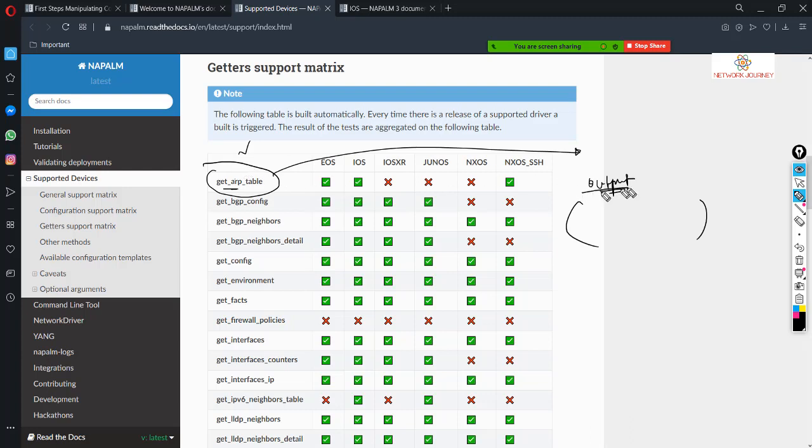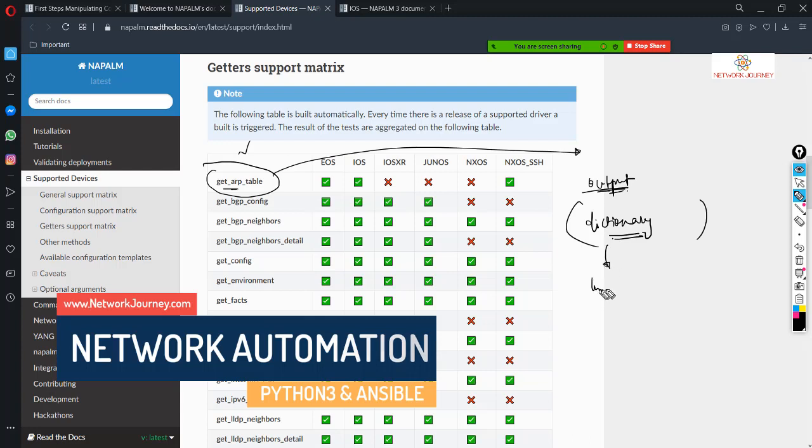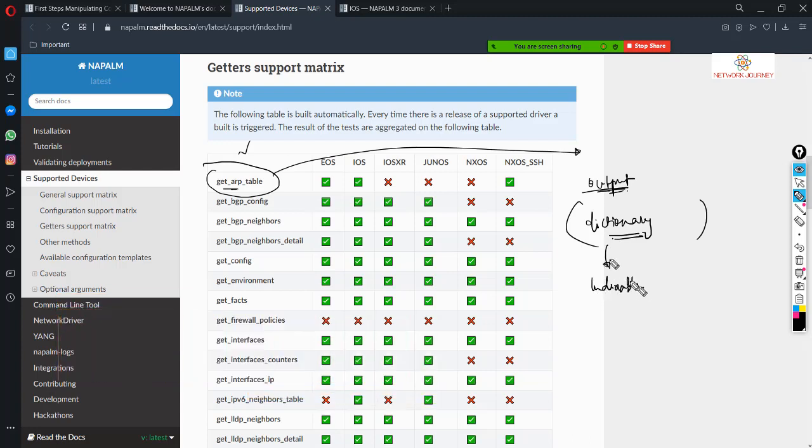In the case of NAPALM, your output is in the dictionary format. Okay, you are going to get the output in dictionary format. Now, what is a dictionary going to do? It's an indexable kind of data. Indexable in the sense, if you want to see what is located on index value 1, you can get the output. Similar way, they are numbered, or they can be changeable.